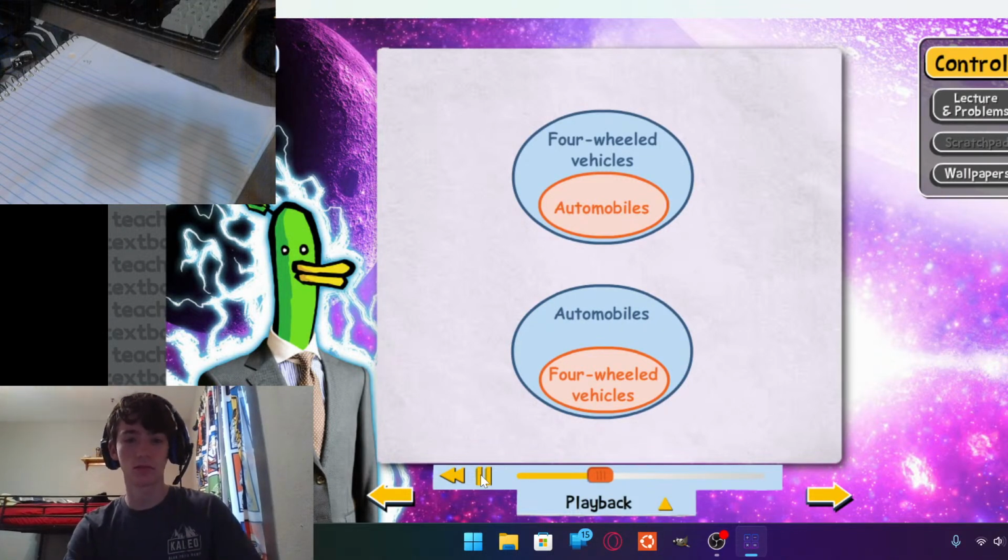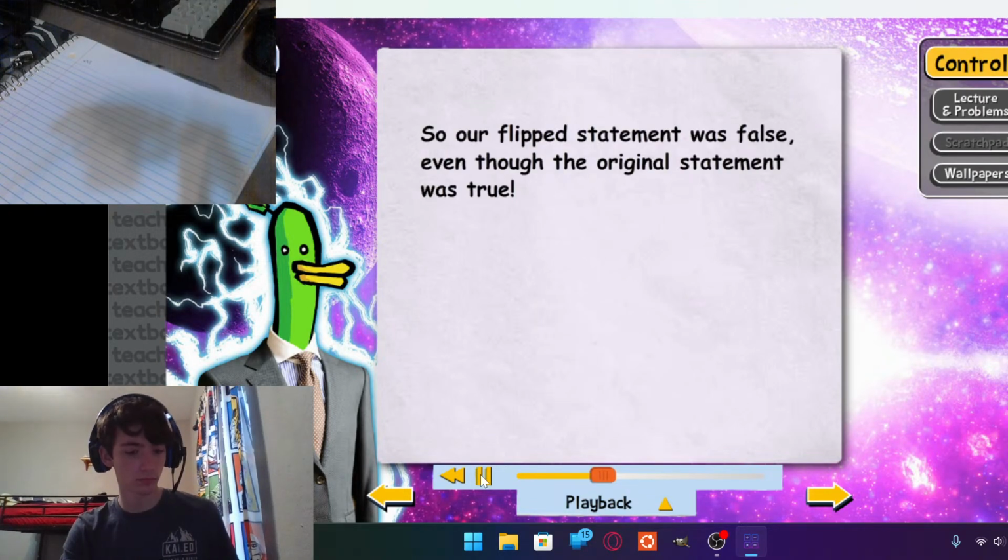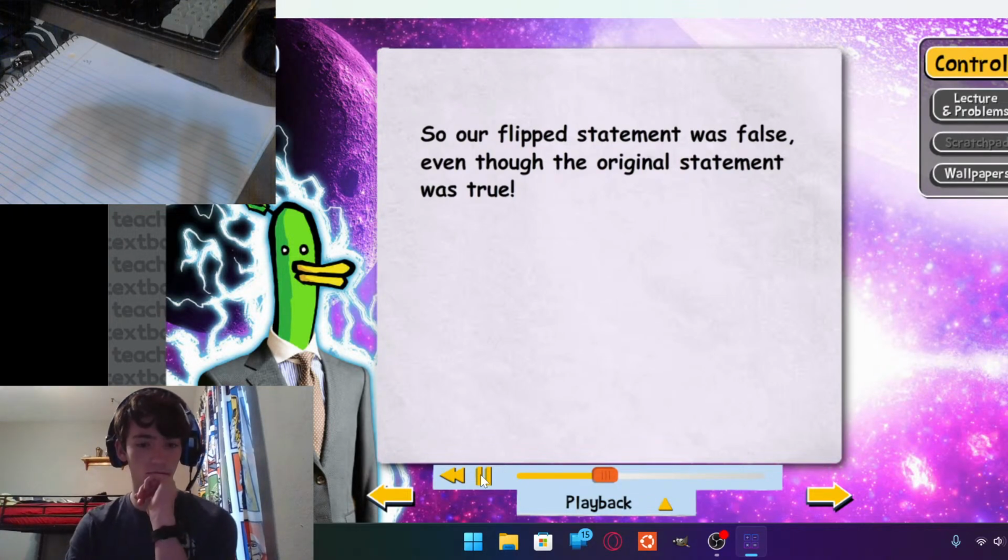Okay. The first statement was true, the one that said if a vehicle is an automobile, then it has four wheels. The second statement, if a vehicle has four wheels, then it's an automobile, is false. And the main point is that you have to be very careful about flipping a statement around. It changes the meaning. And if the original statement is true, the new statement doesn't have to be true. It may very well be false, like this example. And so we cannot just flip around